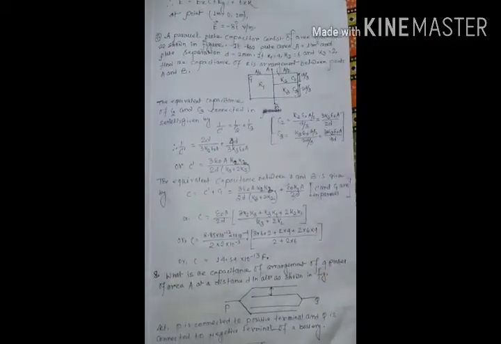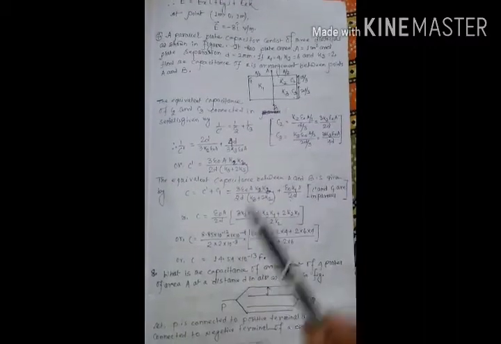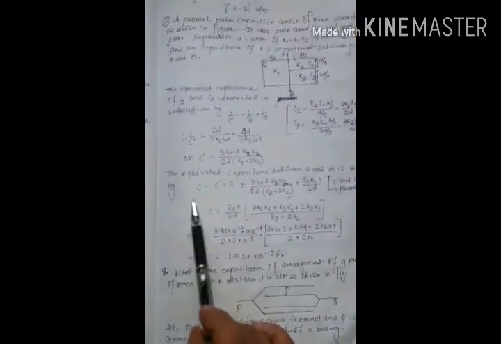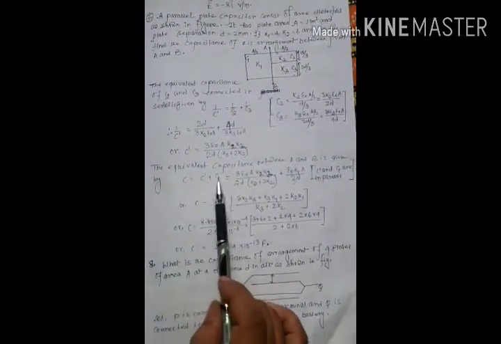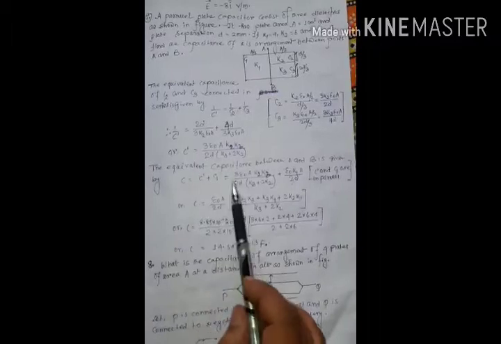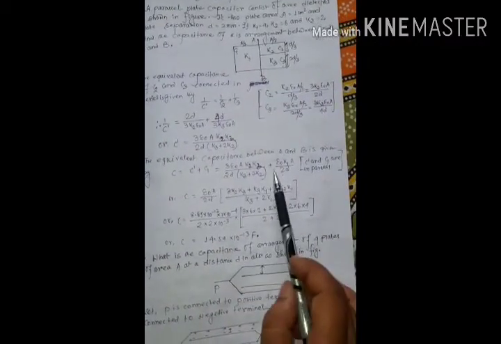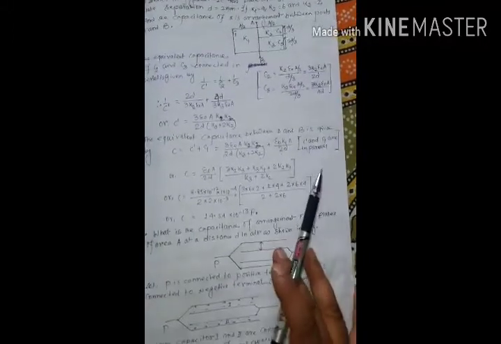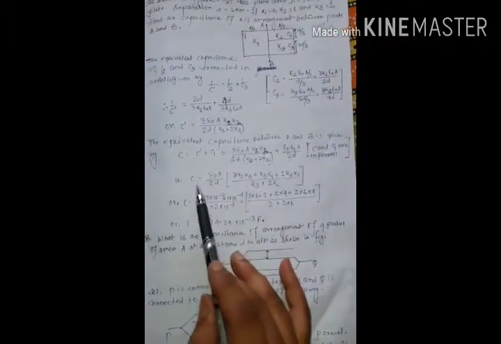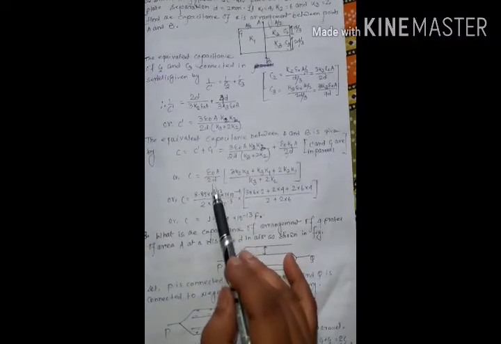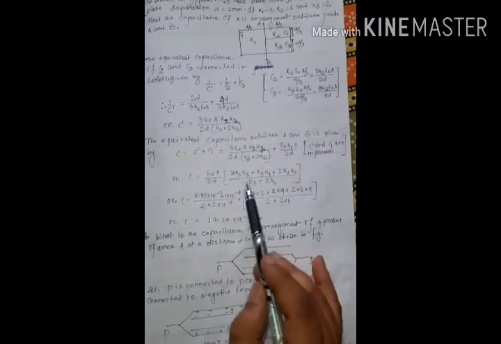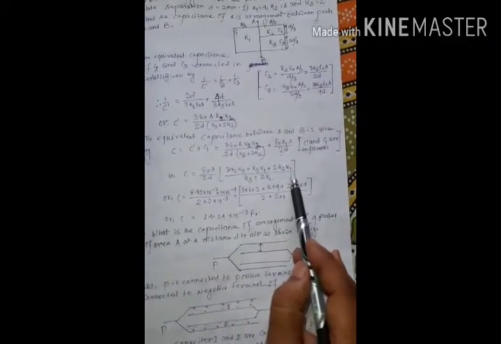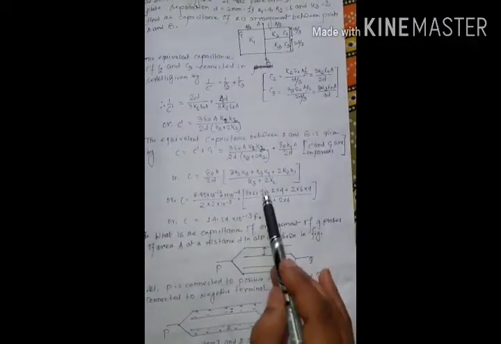So therefore the equivalent capacitance of the combination of C2, C3 and C1 is given by C equals C dash plus C1. The value of C dash you put from here, and C1 is given by epsilon naught K1 A by 2d. Now by proper calculations we get C equals epsilon naught A by 2d within bracket, in the numerator 3 K2 K3 plus K3 K1 plus 2 K2 K1, and in the denominator K3 plus 2 K2.